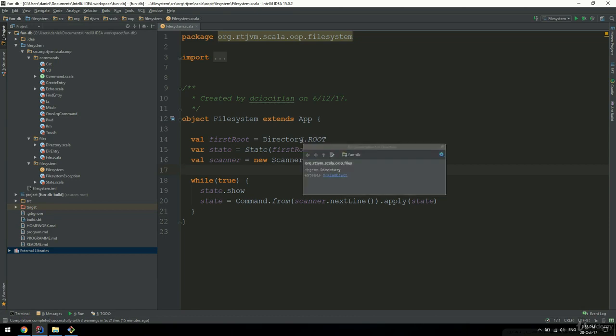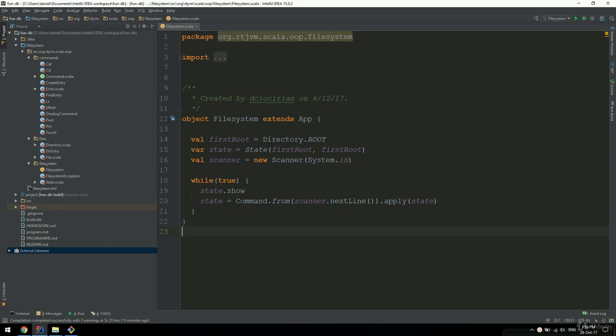So here I have an IntelliJ project that I've already completed. We are going to write a very similar solution to this one in the videos that come after this one, but here I want to show you how it all looks like. The purpose of this homework assignment is for you to implement a virtual file system, the kind of file system that you encounter in your command line. If you use Mac or Linux, this is probably very, very familiar, and we're going to implement a virtual in-memory